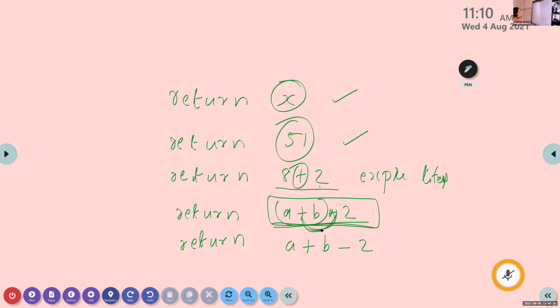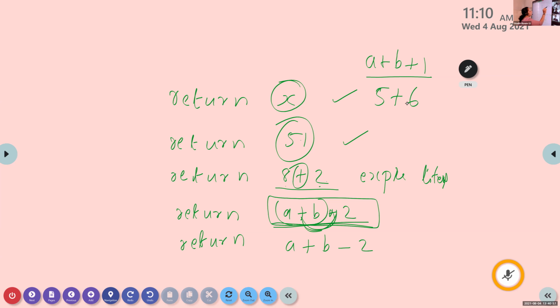It is an expression. When a variable or value is used along with an operator, it is known as an expression. Here a plus b plus 1 is an example of an expression. Here I am using two operators, some variables and some constant value. Another example of an expression is 5 plus 6.